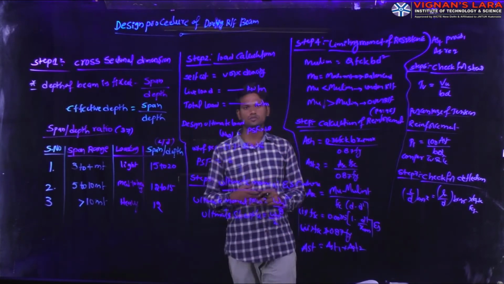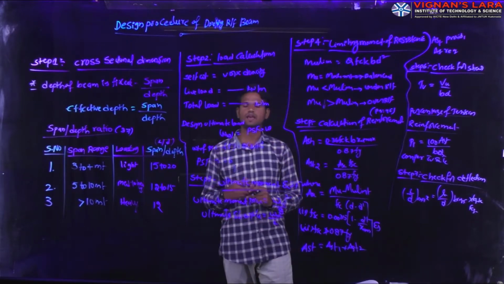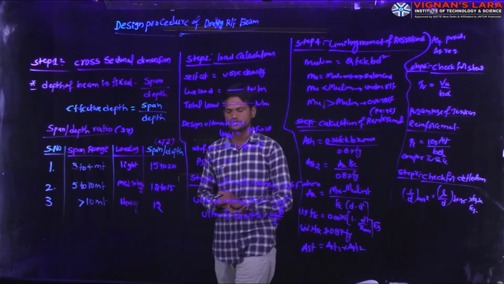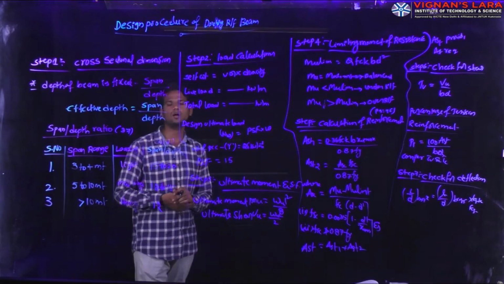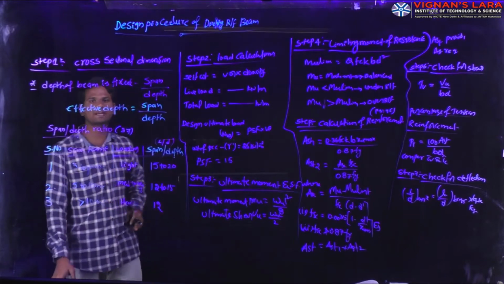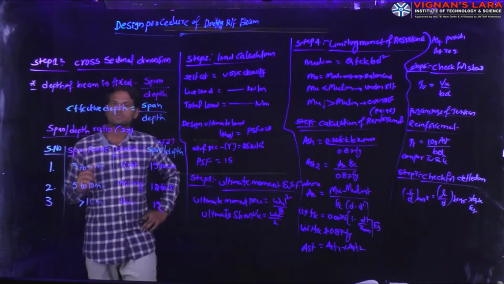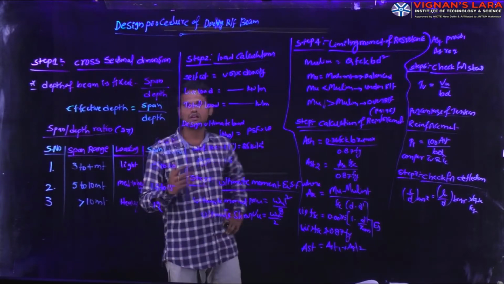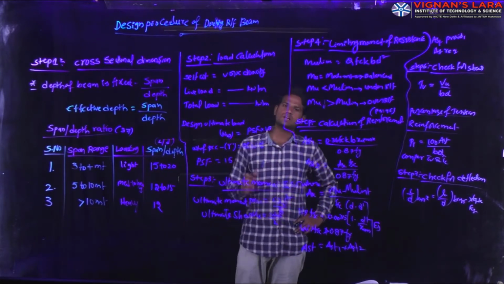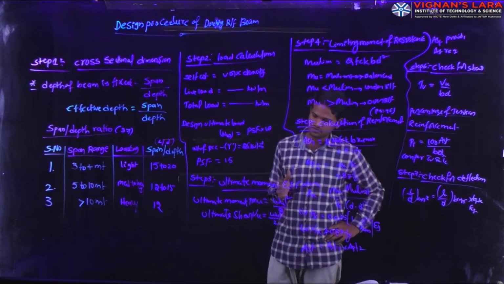Up to now, we have discussed the analysis of singly reinforced beam section as well as analysis of doubly reinforced beam section. In analysis of singly reinforced section, we have calculated the moment of resistance as well as the area of steel reinforcement required for different types of loading condition, and we have solved two more problems on design of singly reinforced beam section. In today's class, we are going to discuss the design procedure of doubly reinforced beam section.